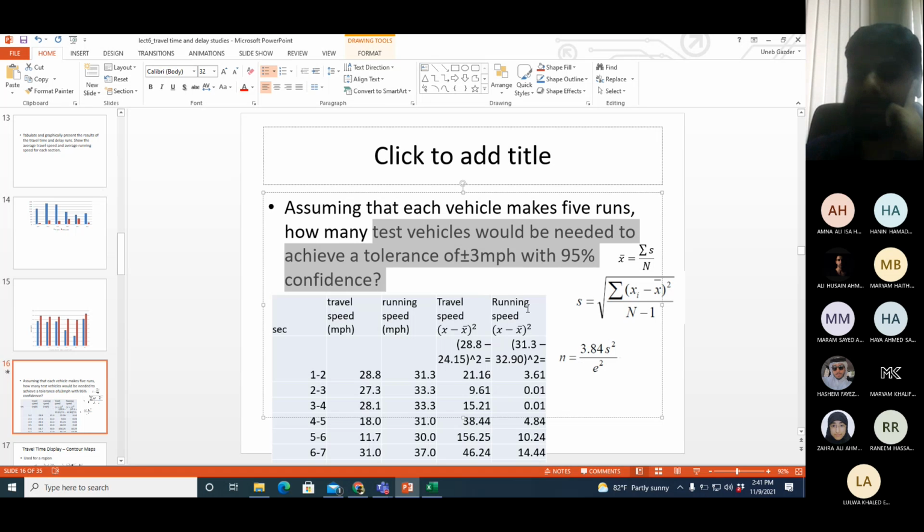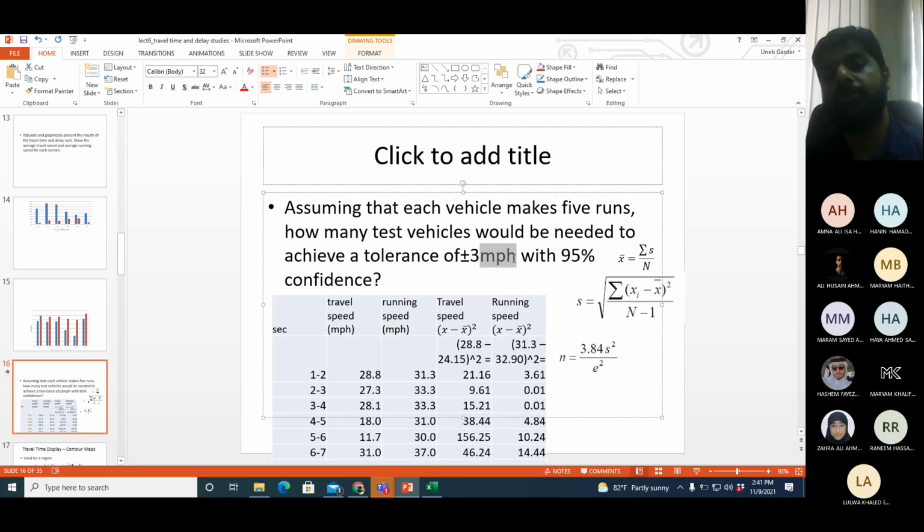So E is given as 3 miles per hour. What is S? You can see E is given in terms of speed, not time. So I should calculate the standard deviation of speed as well.